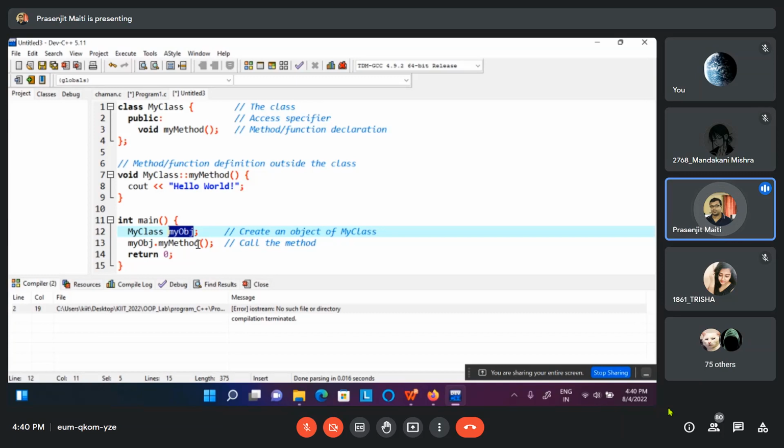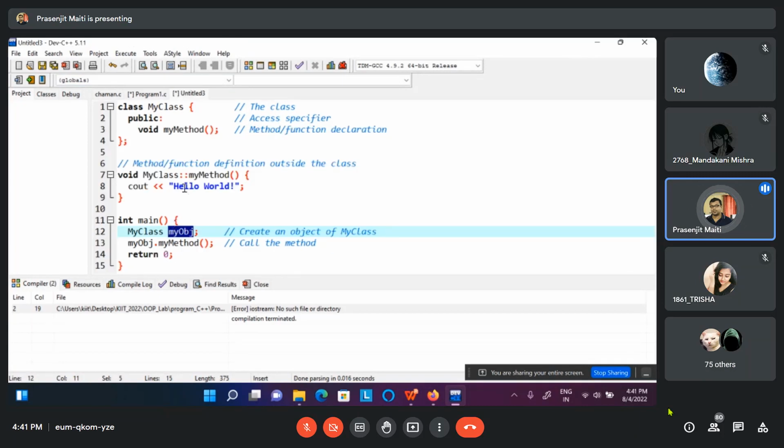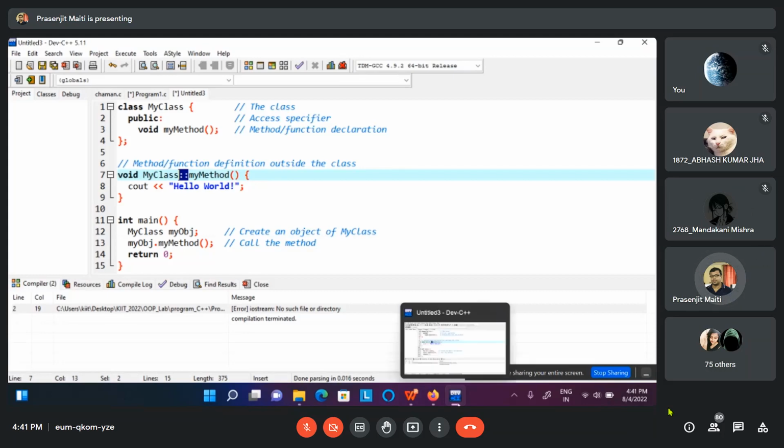Is it clear to everyone? So we can define any function either inside the class or outside the class. If we declare inside the class, no problem. But if we declare outside the class, then we must ensure which class this method belongs to. Suppose you have declared more than one class. If you want the method to belong to my class, then we need to use the scope resolution operator. Is it clear to everyone? Yes, sir. Okay. Now,